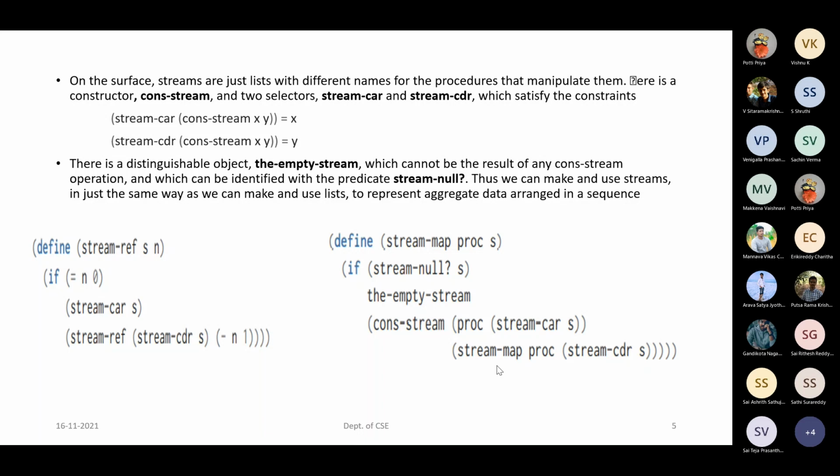So, continuing, we have rewritten this map procedure in this way, where we have applied the constructor cons-stream, and each time we apply the procedure onto the first element of our list contents. Once again we call the stream-map procedure with the same procedure, and we reduce the list content, so we apply stream-cdr. The way we write the procedure remains the same; the only thing is that the primitive procedures have to be changed. Just keep in mind, whenever we apply streams, there is a delay. Now let us see what I am trying to say.